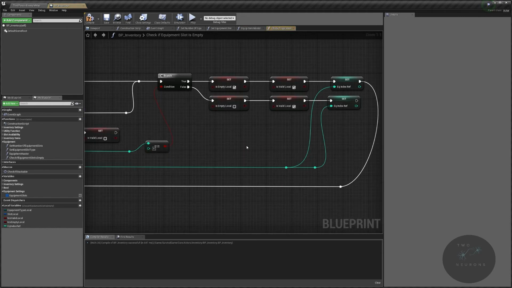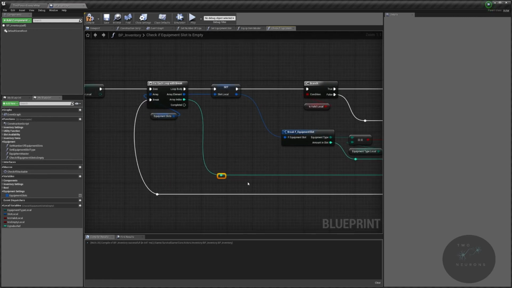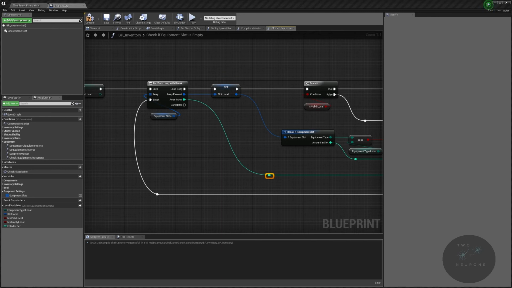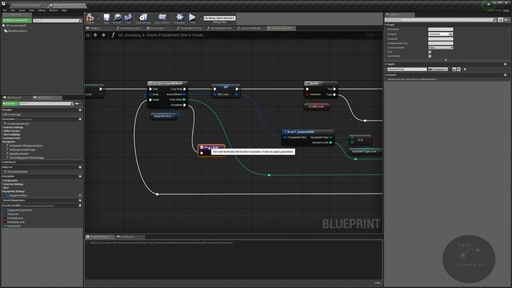I made a small mistake. Let's go back in here. I skipped a very important step. And that wasn't a joke. We need to do a return node, because I completely blinked on that. So I'm just going to type in return, put this return node down here for a moment,